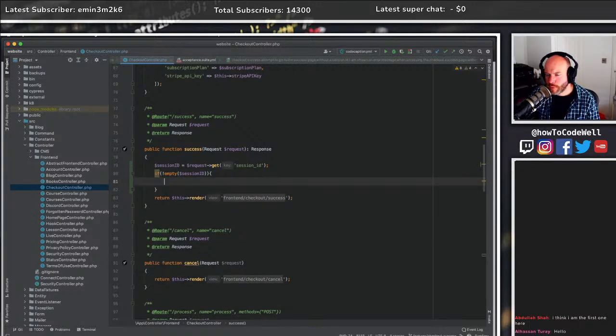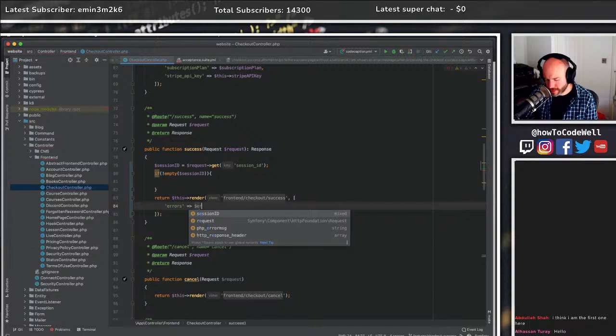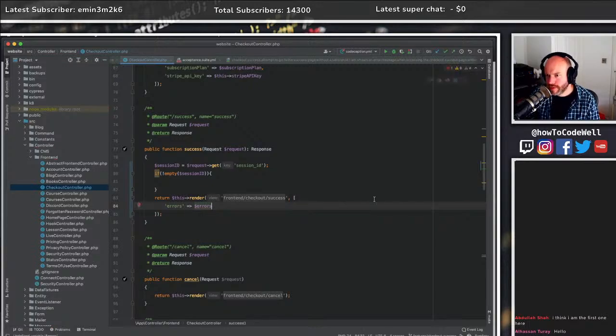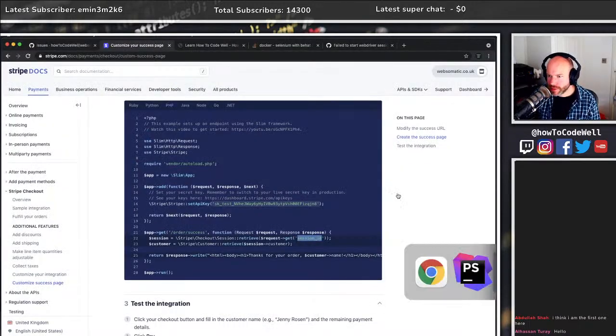So if empty, we still want to render it, but we want to render it with a message, I think. So let's do error, there should only be one. Error is equal to null. And the error that we want to provide is error is equal to, what was the thing that we put into the old